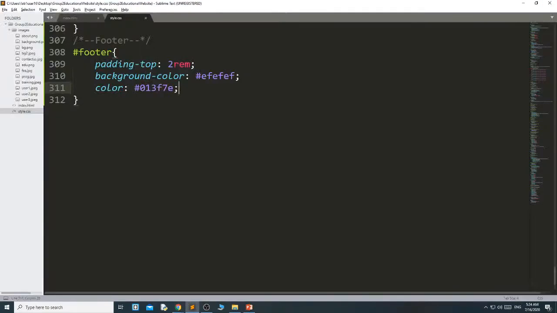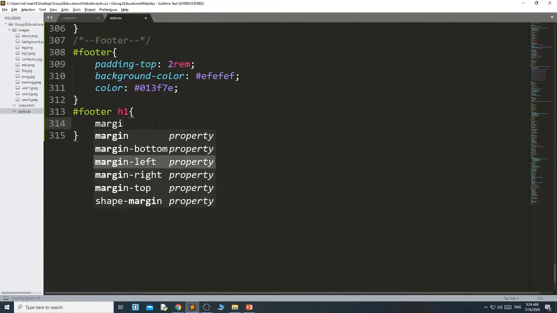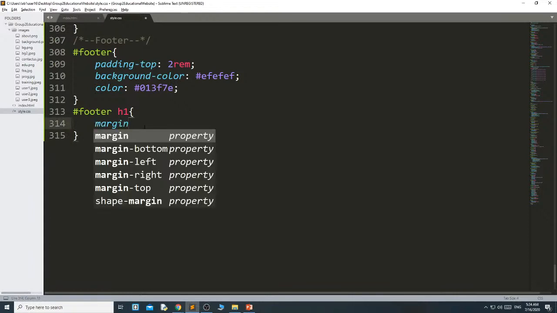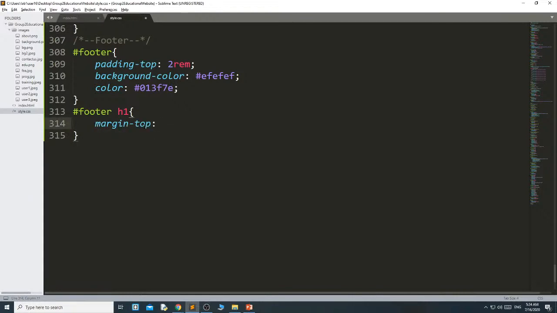Okay, now H1, we will start from H1 as footer H1. Then for H1 I want to give margin top 25 pixel. Then margin bottom 25 pixel. Font size 15 pixel.